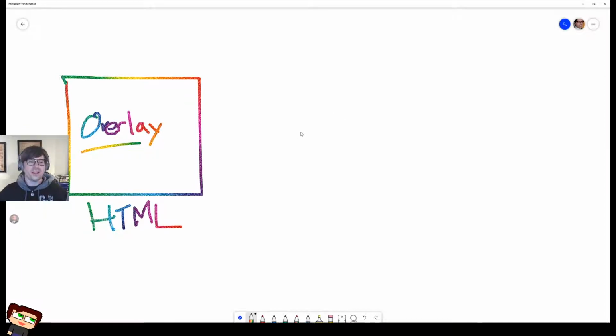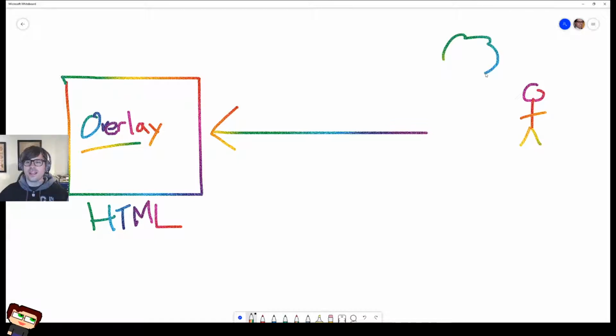So we have these overlays, and they're all HTML based. And what I want to do with the live stream is, I've always wanted to have a fancy overlay that's connected to a back end, so that I can sit back here, and then events can happen on the internet and the cloud, and they funnel all in to here, and then cool stuff happens on the little HTML overlay. Now here's the fun part. This is how this ties back to GDevelop.